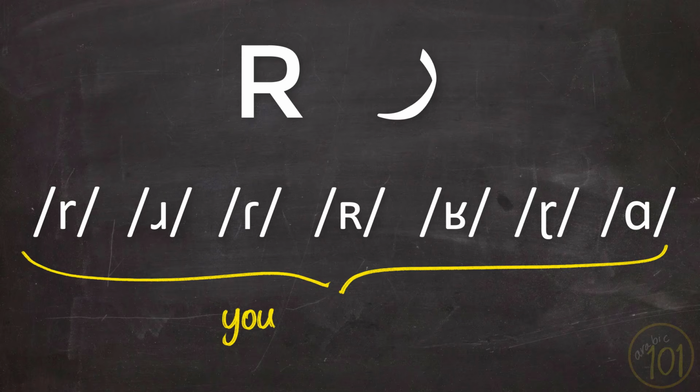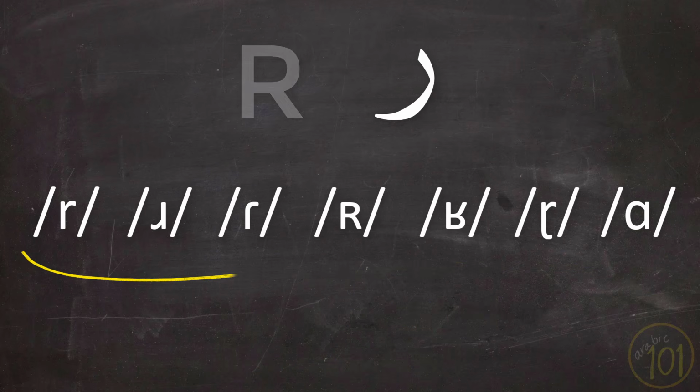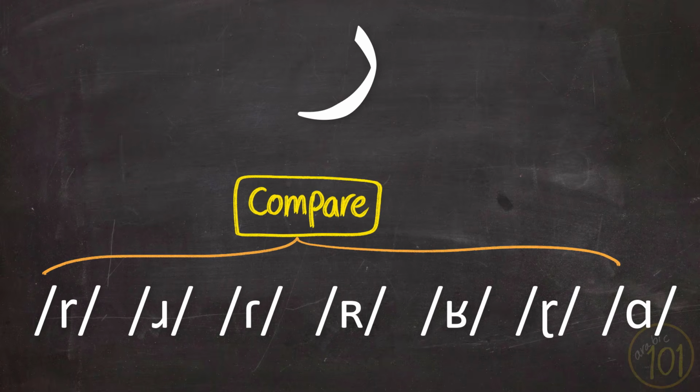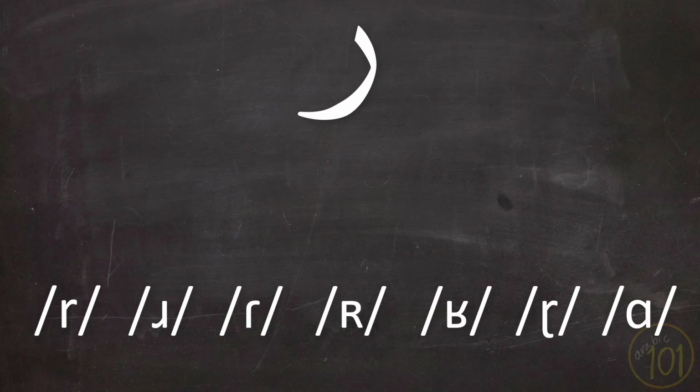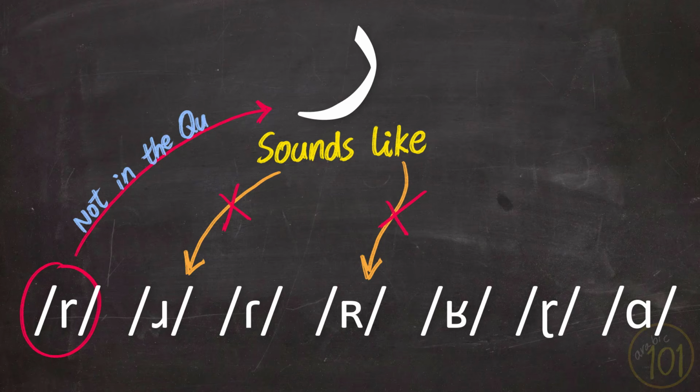So depending on what your mother tongue is, you will have a certain variation of that sound in your mother language. And the first thing that you must learn in today's lesson is not to compare your variation of this letter to the Ra you will use in the Quran. So it is not a good idea to say that it looks like or it sounds like this or that Ra. Even some Arabs trill their Ra, ar-ra, and that too is not how you pronounce the Ra in the